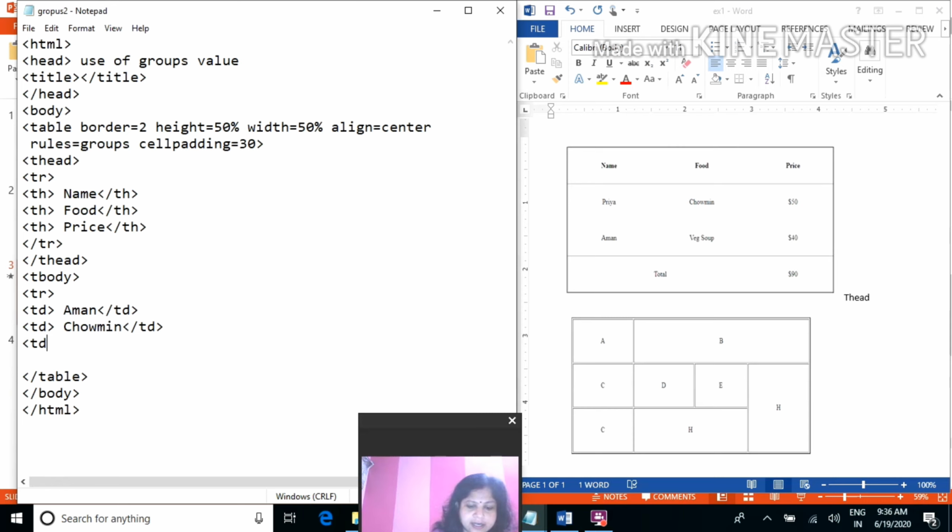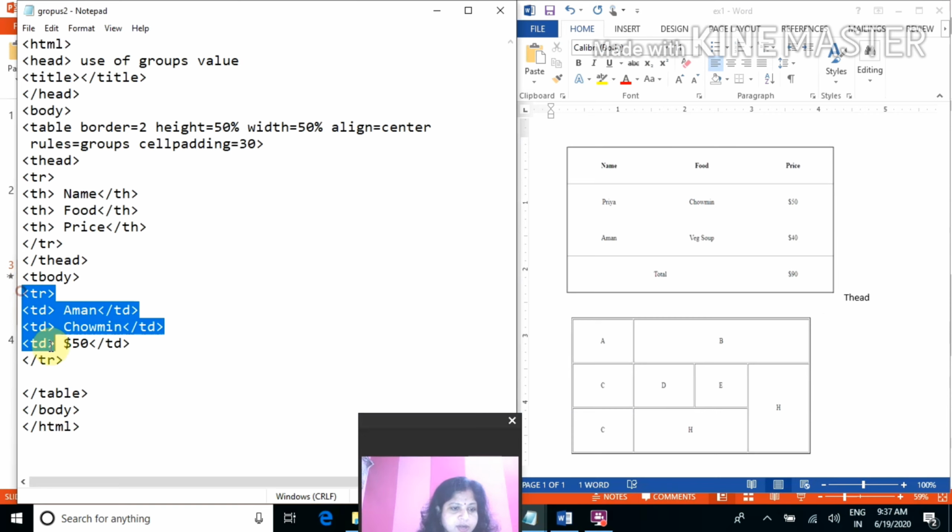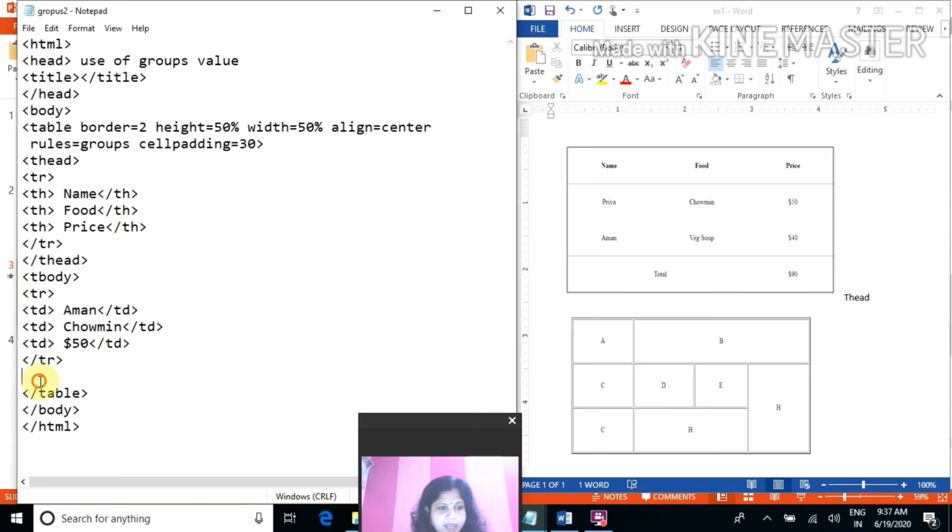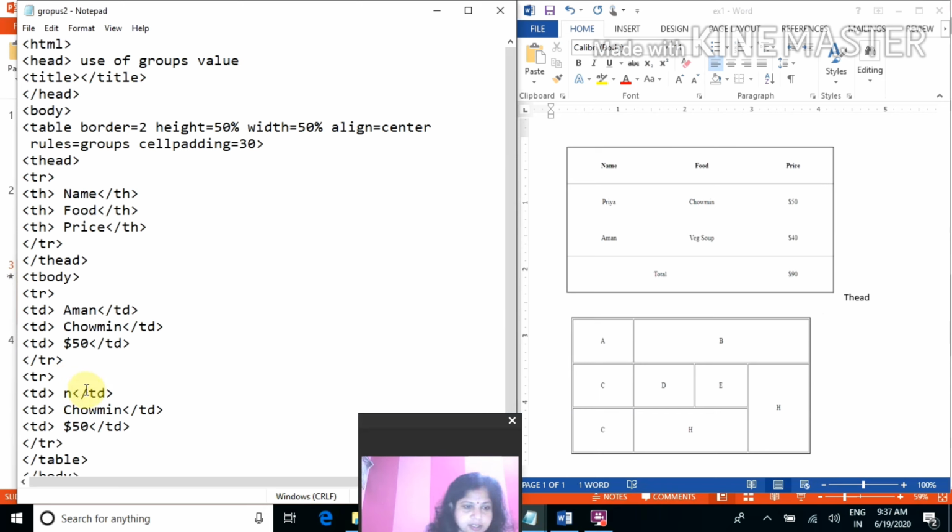Then write the next cell data, close it. So the first row is over, so close the table row tr tag. For the next one we will copy and paste to save our time. Just change the data.